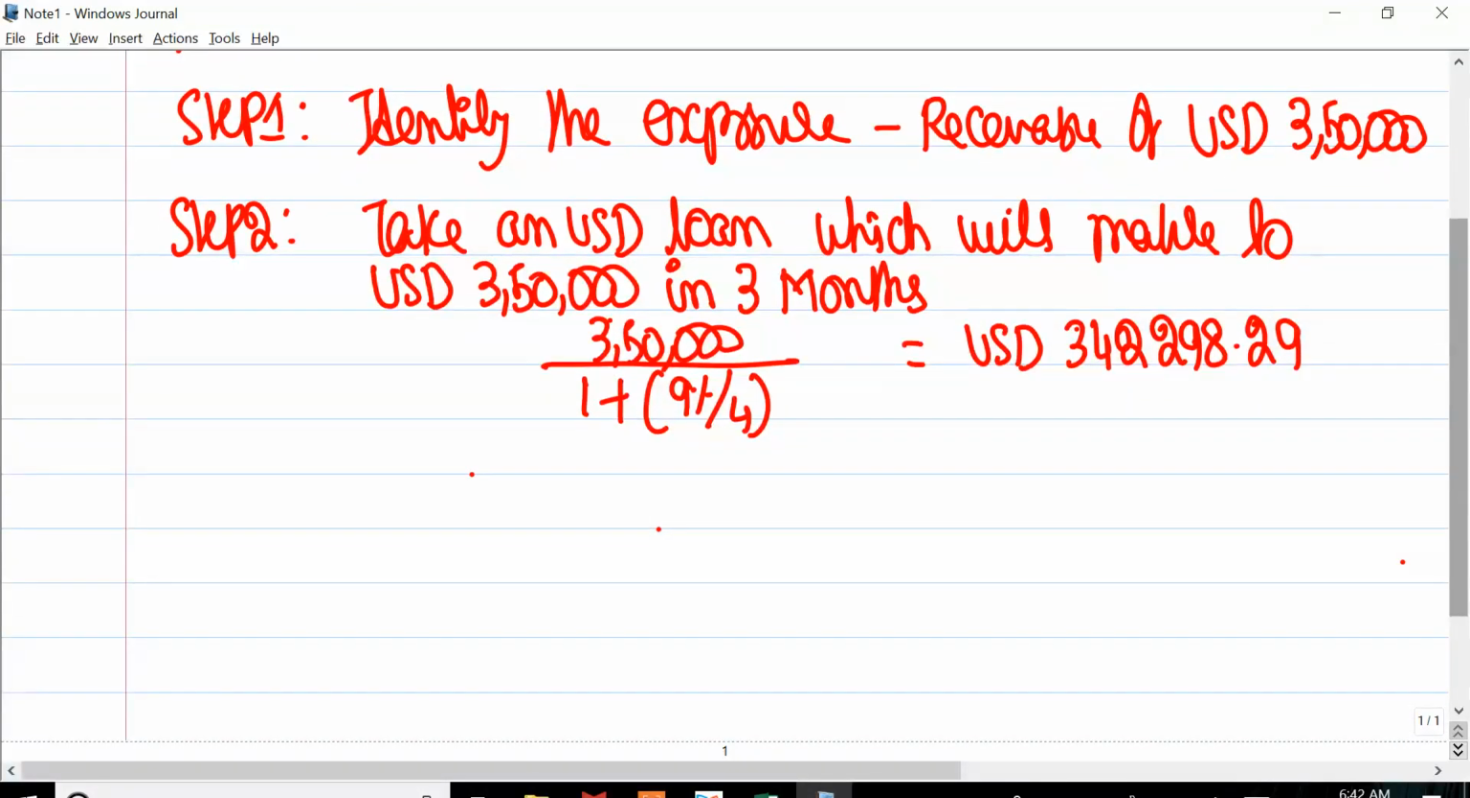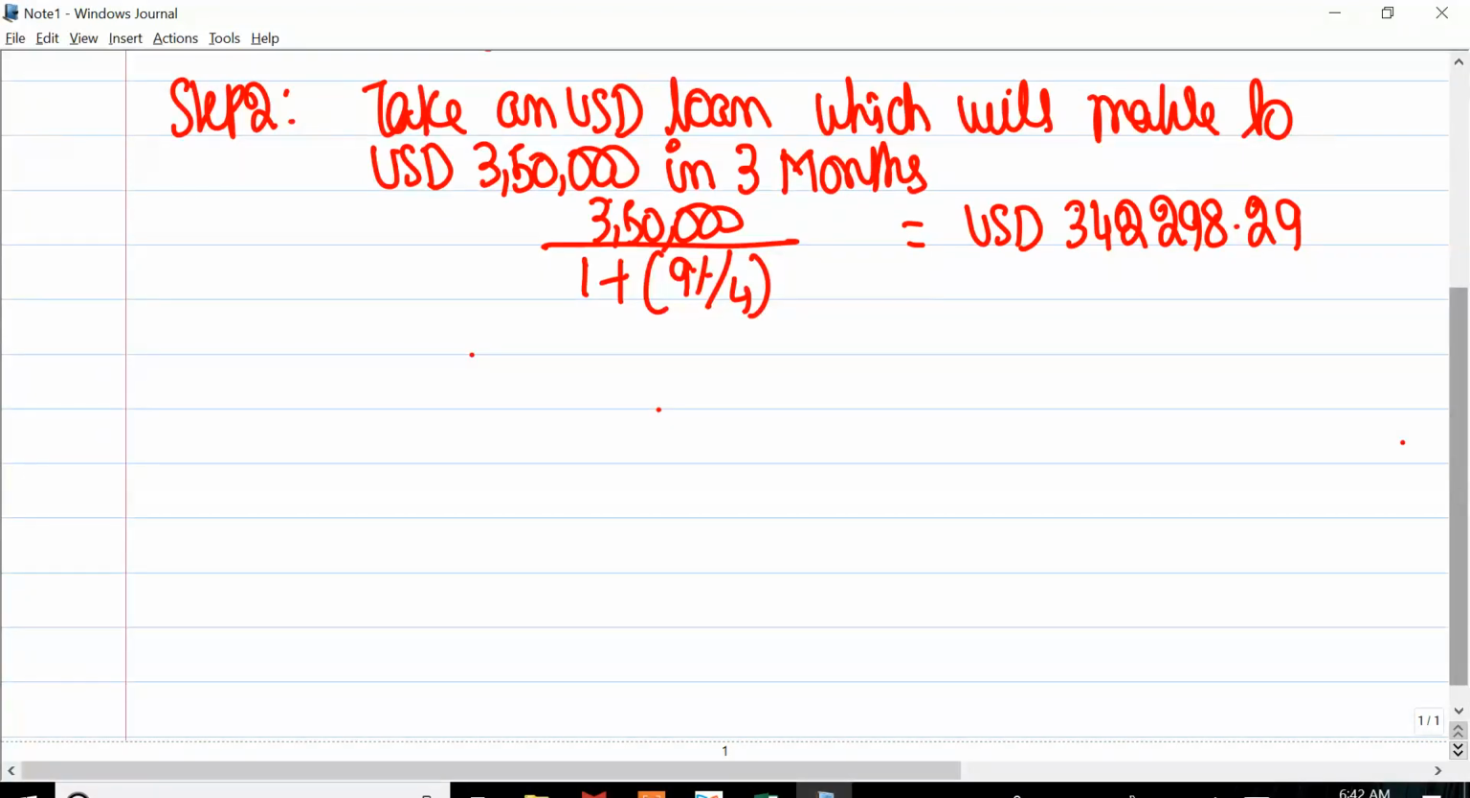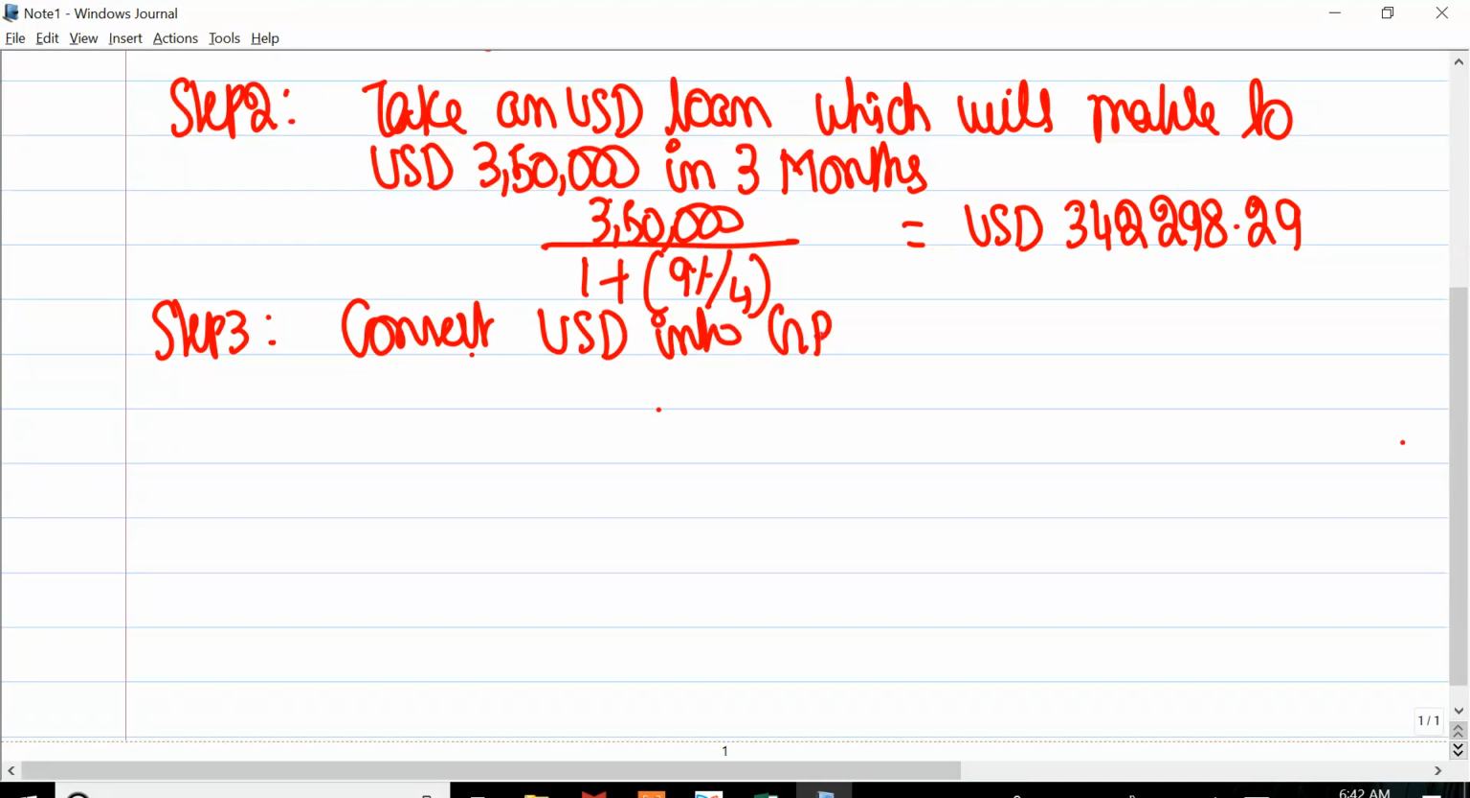Step 3. Convert USD into GBP at spot rate. You have decided to take a loan. You have taken the loan. Now you are going to convert this loan into your own home currency. What is the known component? What is the unknown component here? USD is the known component. Unknown is GBP. So GBP is equal to